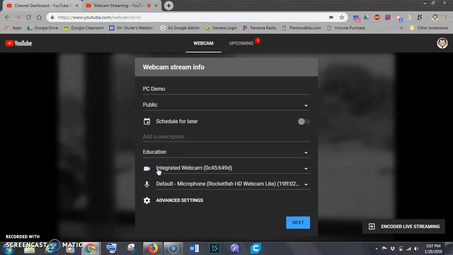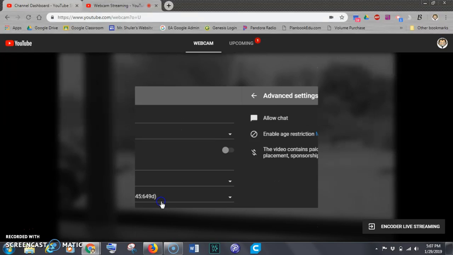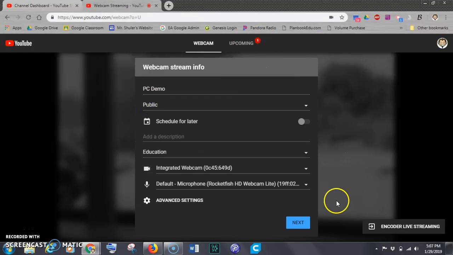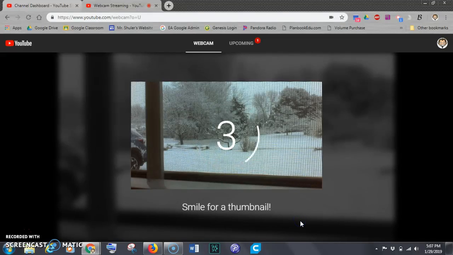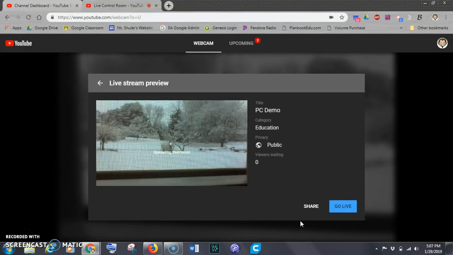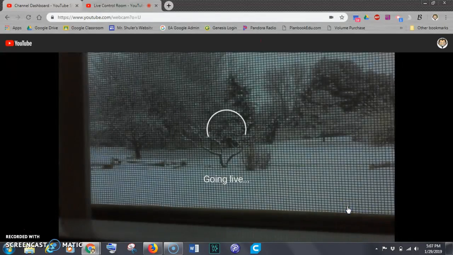Under more options, you can confirm that you have your webcam running if you have a separate microphone plugged in. And under advanced settings, you can allow the chat or disable it and put age restrictions on it if need be. But I'm then going to hit the next button. I can create a thumbnail. And once I have it and it looks good, I'm going to go to my Go Live button,